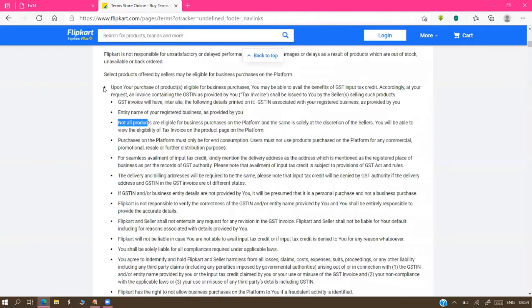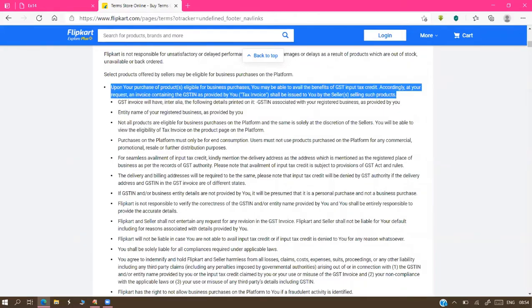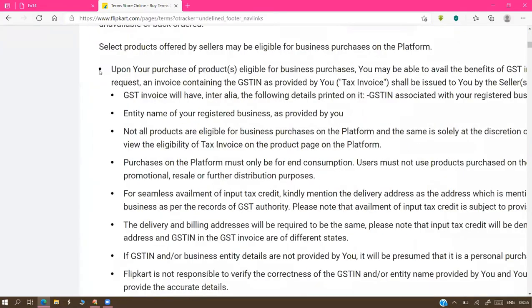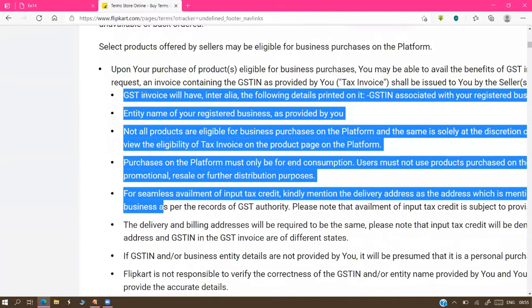How can you say which is which? Observe the positioning, you can identify it. Observe the position: this point is available outside, this point is available inside. Okay, this is the major point, and in that, these are the sub points. This is the main point, and these are the sub points.